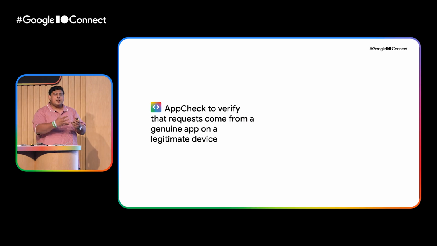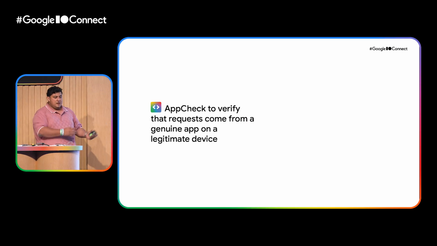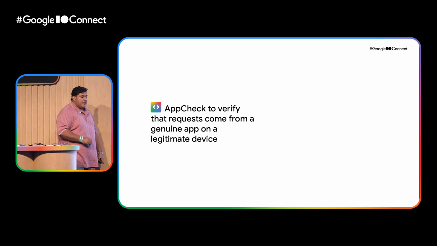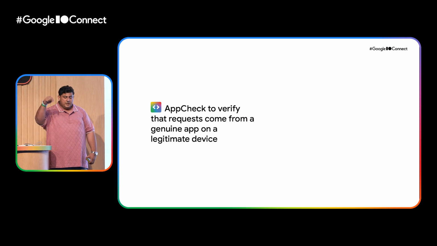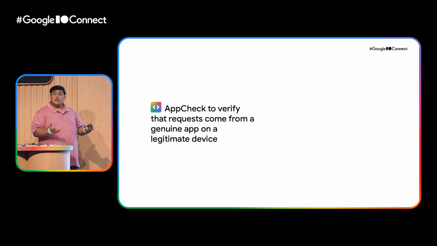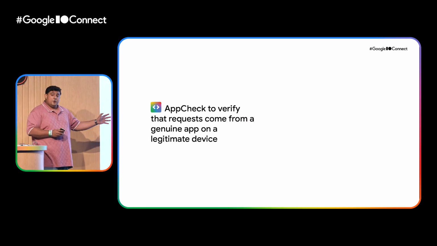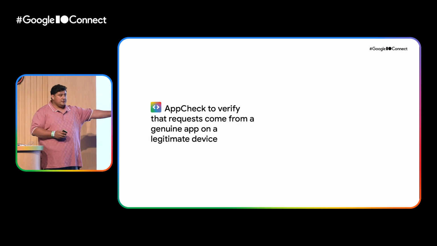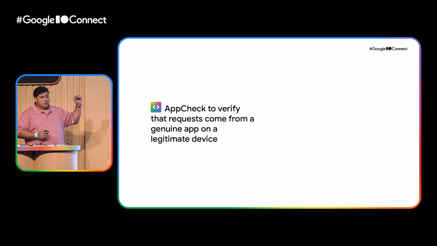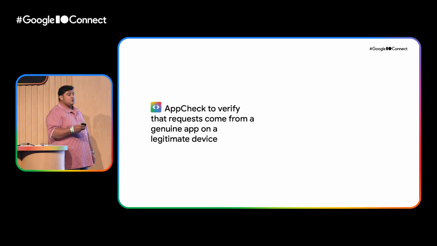versions of your app can access your backend infrastructure, and that way you can reduce all these malicious requests from the system. By attesting the requests that originate only from the app, it effectively cuts off malicious bots, scraping tools, and billing abuse before it impacts your database or your wallet. It's an essential step for both protecting your users' data as well as your